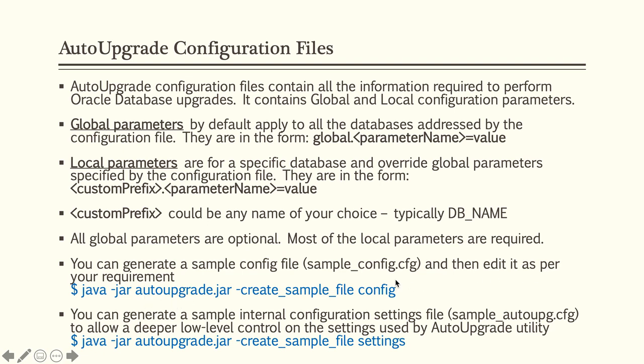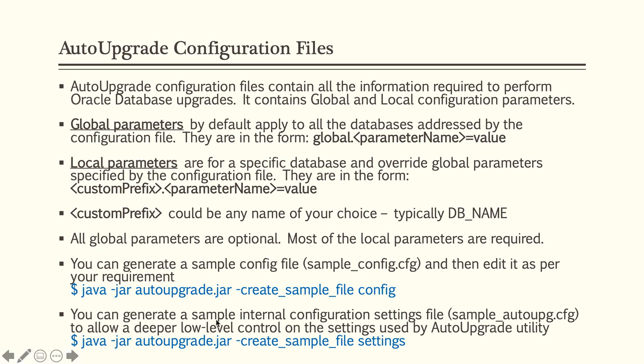Now, apart from the config file, the auto upgrade utility has its own settings. Generally, in the real world, I have never gone to the settings file to edit any of those settings. Those defaults would generally be applicable to all the auto upgrade instances that you invoke. But just in case somebody says, no, I would like to get more granular control of the auto upgrade utility, how it internally functions and what parameters it depends upon, generally this is not a required element.